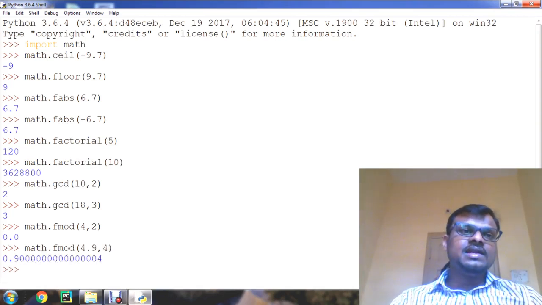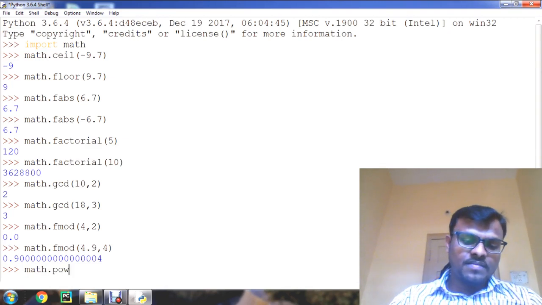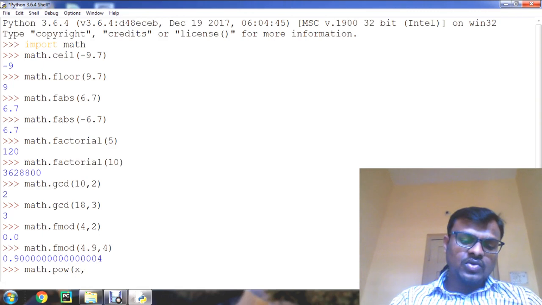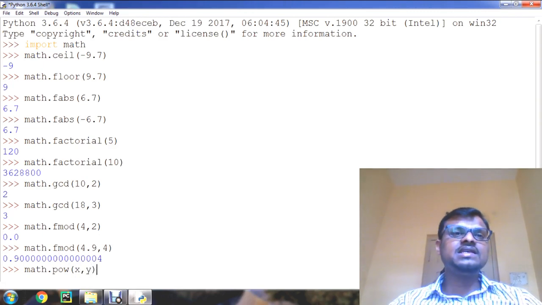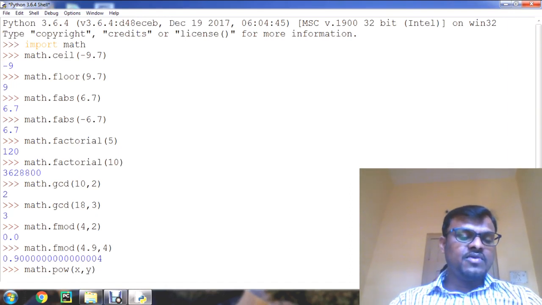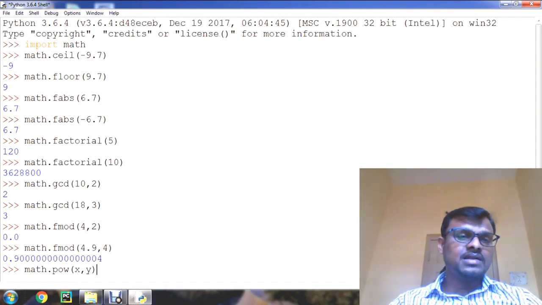Okay, so let us see another function, that is math.pow. This power function takes two arguments x comma y. This x comma y may be an integer or floating point number, and as we know the power function, it is going to return the power of the given number, that is x raised to the y.